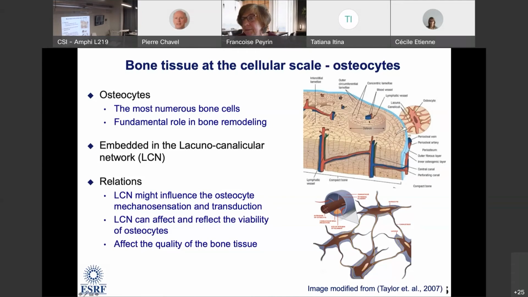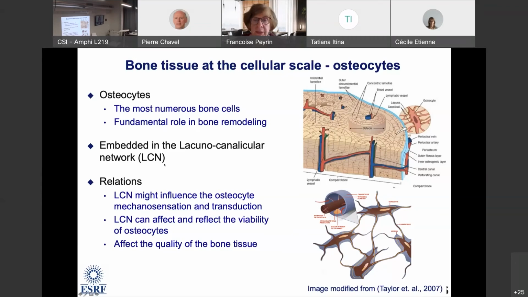the canals here that contain, in particular, the vessels that we saw previously. You have these cylindrical structures, which are the osteons that we also saw previously. And inside this osteon, you can see the small dots, which are the osteocytes. So the osteocyte, I already showed you an example in the mice in flight. But the osteocytes are very important. They play a very fundamental role in bone remodeling, that is the repair of bone, and that is the dynamic of the bone.